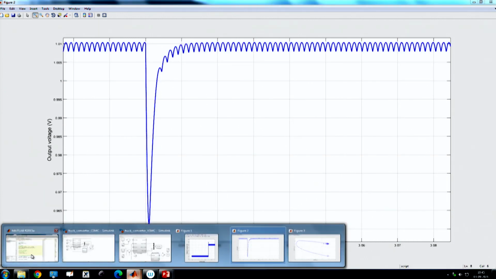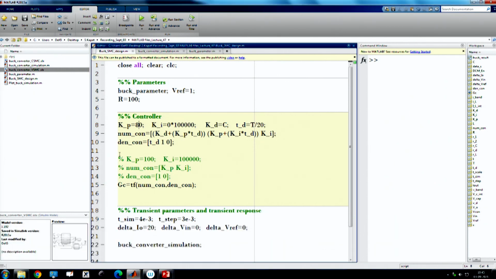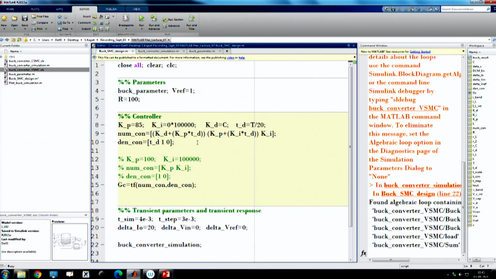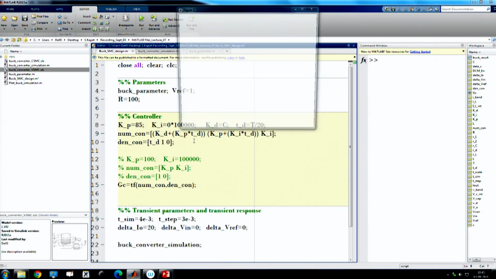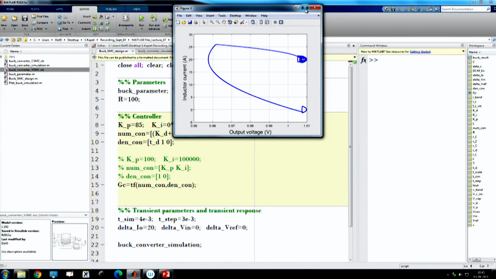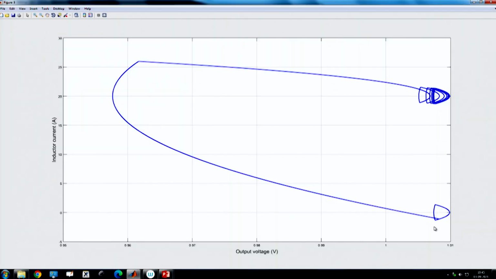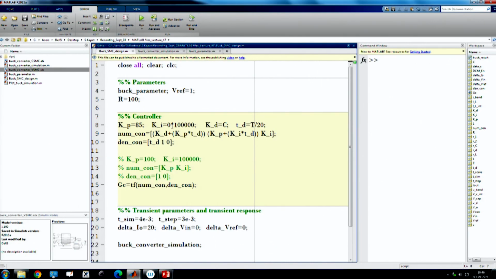So, we can further increase the gain to, let us say, 85, and you will see that it is almost coming to steady state, but there is a steady state error because it is shifted by almost 10 millivolt. If we want to eliminate it, let us enable the integral action.